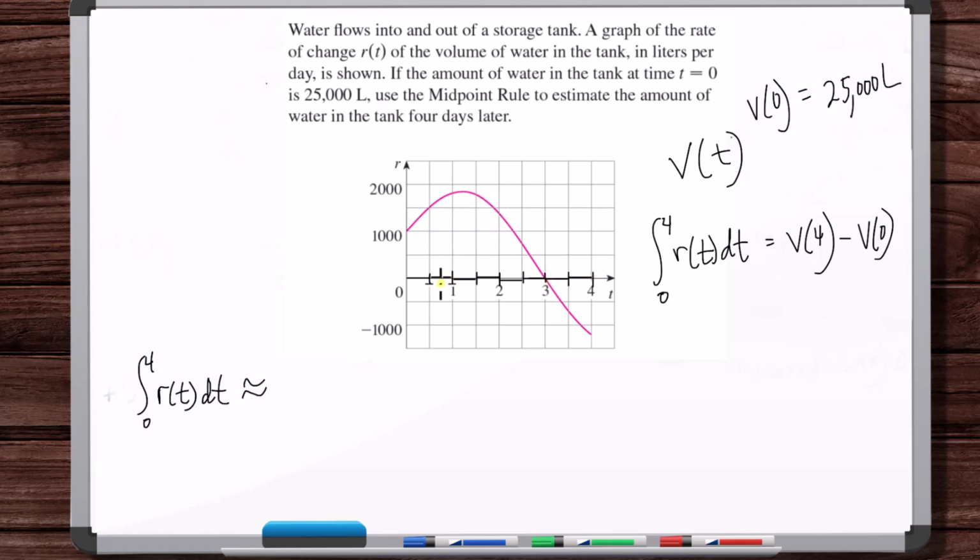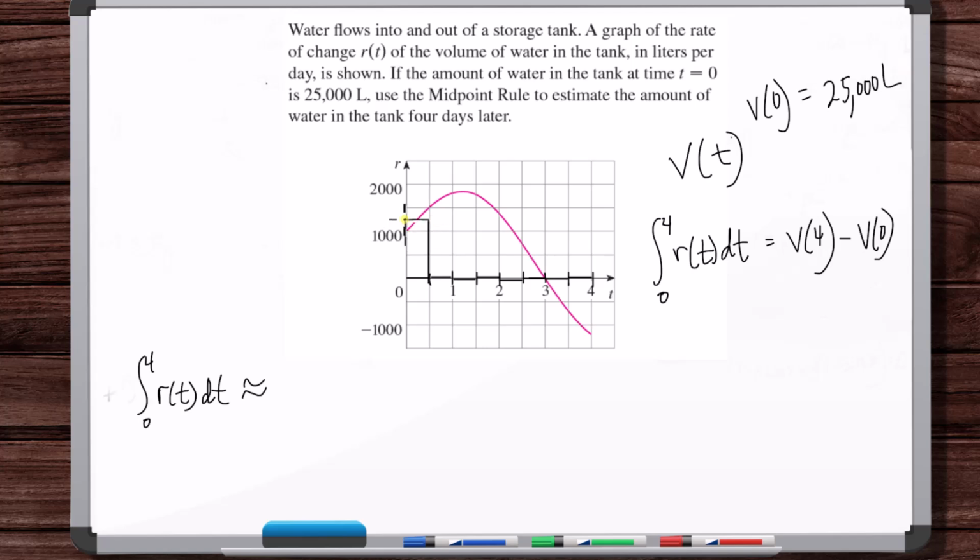All right. Now, with the midpoint rule, this is the width of each block. I don't think it tells us what width we're supposed to choose, so they probably want you to use each tick mark. So this is the width of each block, but when you're doing an approximation, you have to choose what the height is going to be. Well, it's telling us to use the midpoint rule. That means that the height of each rectangle is going to be the function evaluated at the midpoint of the rectangle. So here it would be,